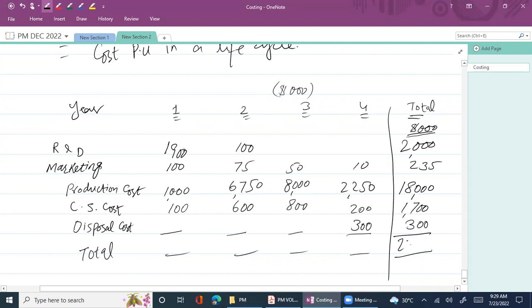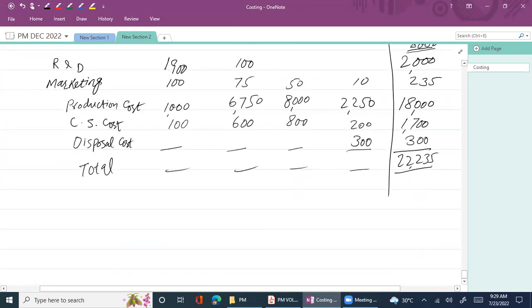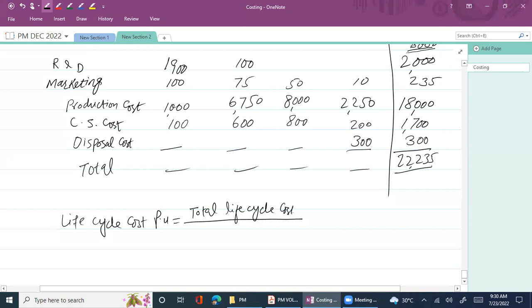So this is 2,235,000, and life cycle cost per unit will be equal to total life cycle cost divided by total life cycle units. Total life cycle cost is 2,235,000